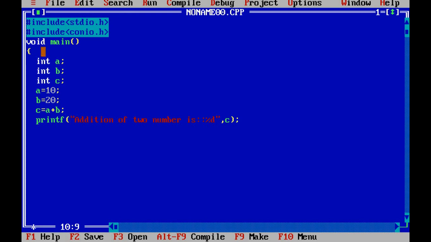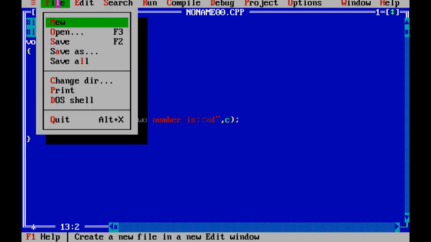So here I have taken the data type what? Integer. That's why I have taken the formatted code as %d, comma, double quotes complete first, then give comma, and then give the variable where we store the final result. In this program I will store the result in which variable? C. So that's why I put C here, first display the value, then give getch and enter new line, closing the bracket.